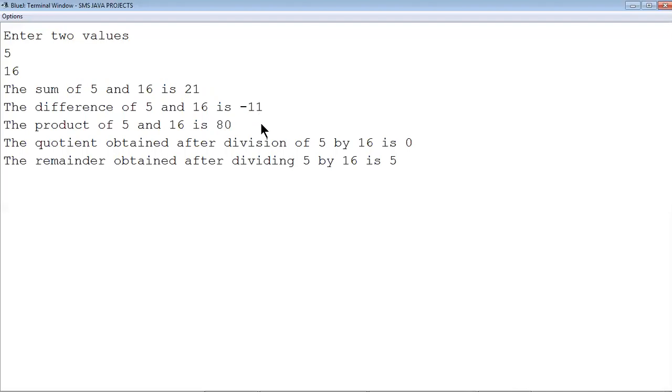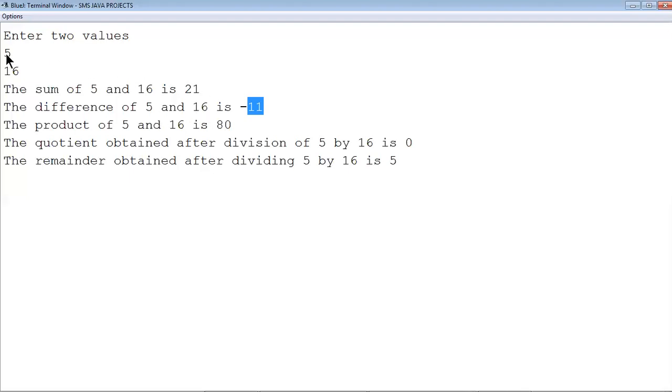So you will have to put the if else condition within that method. The product of 5 into 16 is 80. The quotient obtained after division of 5 by 16 is 0. Yes or no? So 5 sixteens are 0. Now, sir, in this case, if we want a positive difference value, we want 16 minus 5, not 5 minus 16.